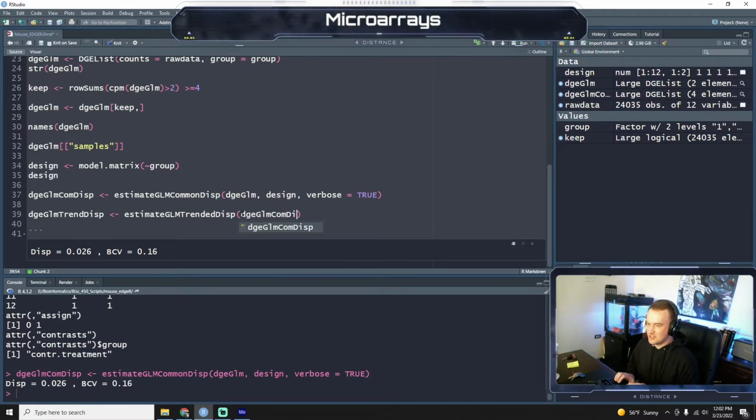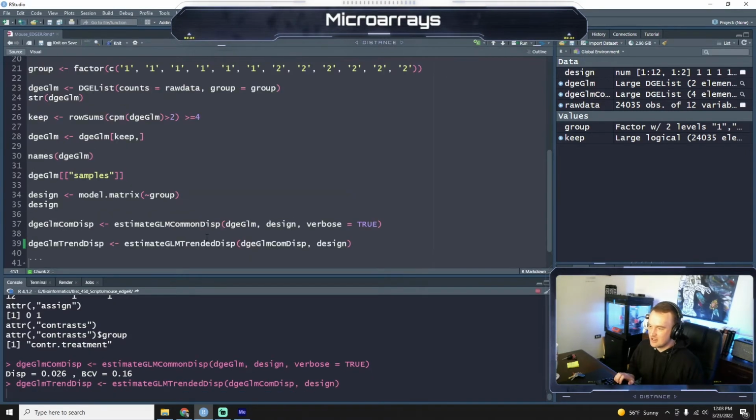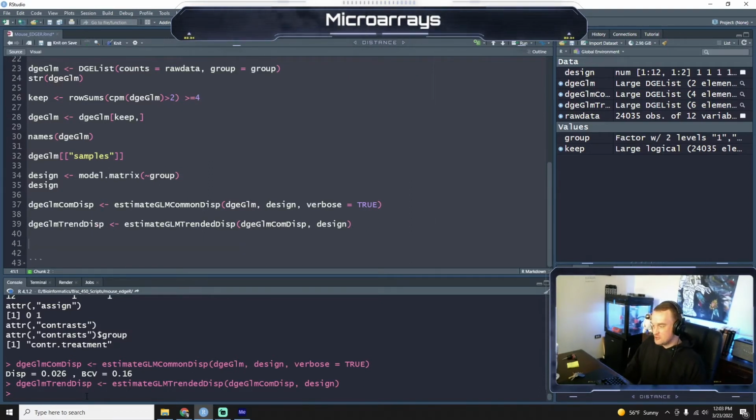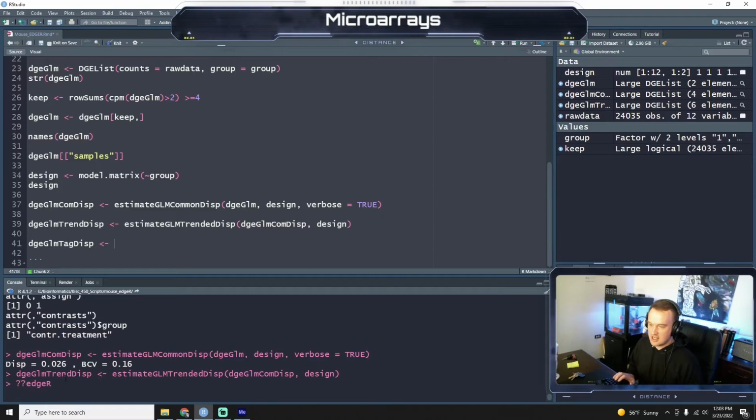I don't want to get too much into the stats because that is kind of its own course. I believe I'm going to do a statistical theory or a bioinformatics theory course in the future, because that's a whole quarter's worth of stuff. Tag disperse. But I do encourage you, if you are interested in the theory behind some of these commands we're doing, to look into the EdgeR documentation,